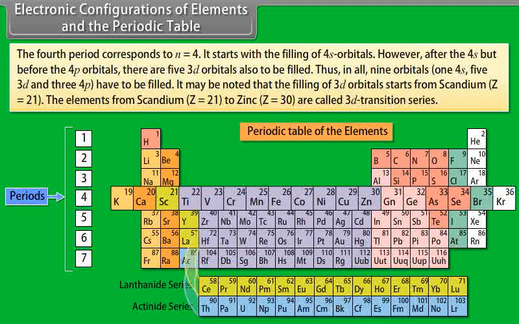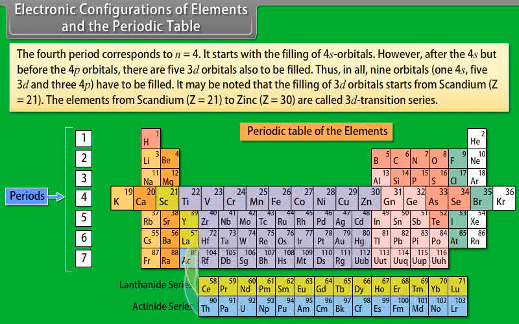However, after the 4s but before the 4p orbitals, there are 5 3d orbitals also to be filled. Thus, in all, 9 orbitals, 1 4s, 5 3d and 3 4p have to be filled. It may be noted that the filling of 3d orbitals starts from scandium, atomic number is equal to 21. The elements from scandium, atomic number 21, to zinc, atomic number 30, are called